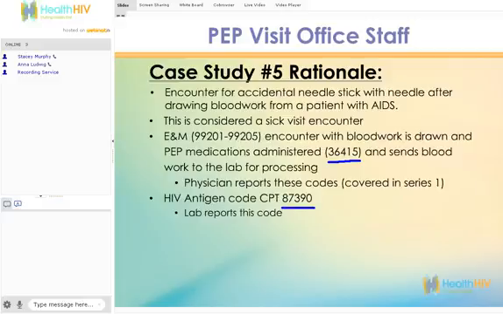As noted here in the rationale, you would utilize the E&M codes for the medical component of the visit, the 36415 because we drew blood, the CPT 87390 for the specimen, and in some states, the